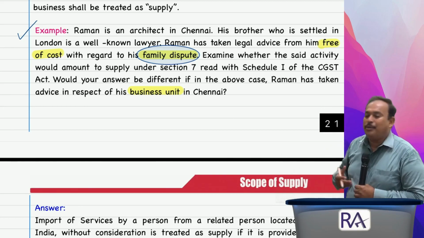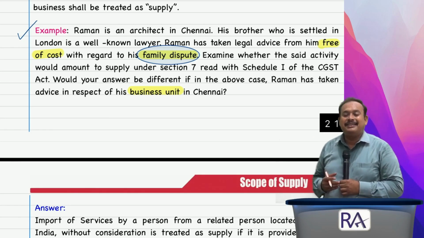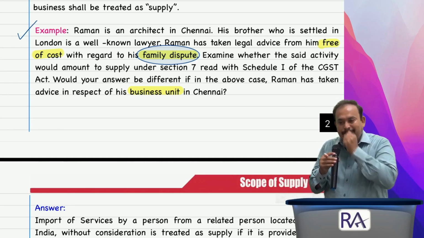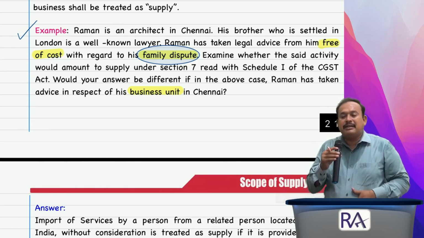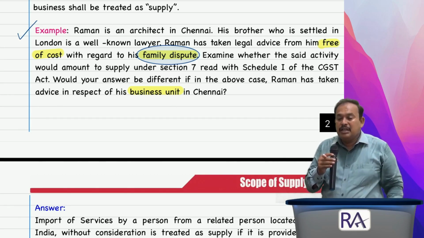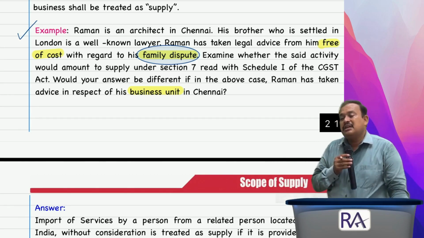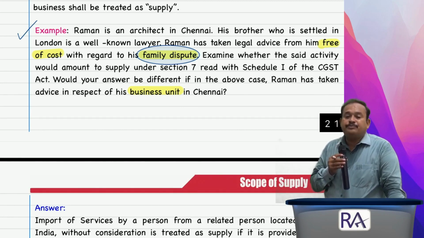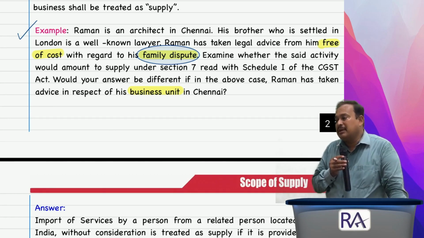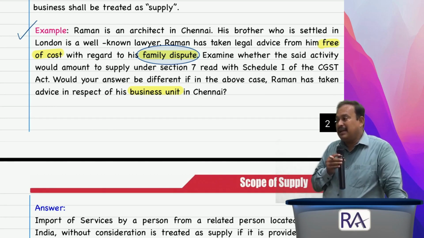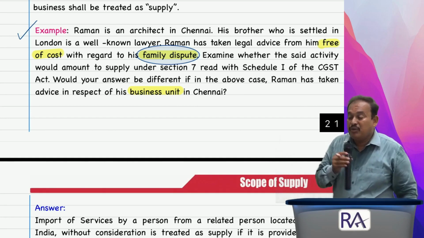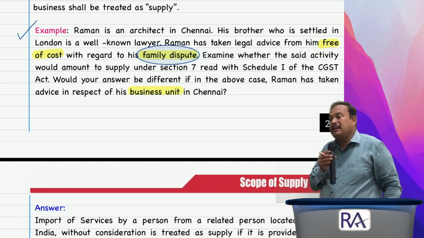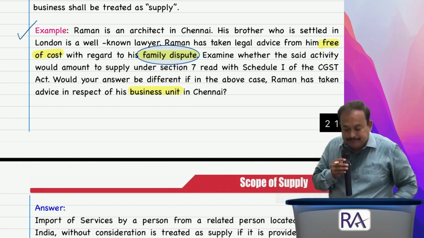Tell me. You have to participate and tell me why you are hesitating. Covered? One answer is that it is covered under Schedule 1, point number 4. If you say that is import of services liable for GST, where the IGST will be levied in the name of Raman, because RCM is applicable, so the recipient Raman is liable to pay IGST, if your statement is taken as a whole, good. Okay, you said it is covered under Schedule 1, point number 4. Any other points? Any other person?